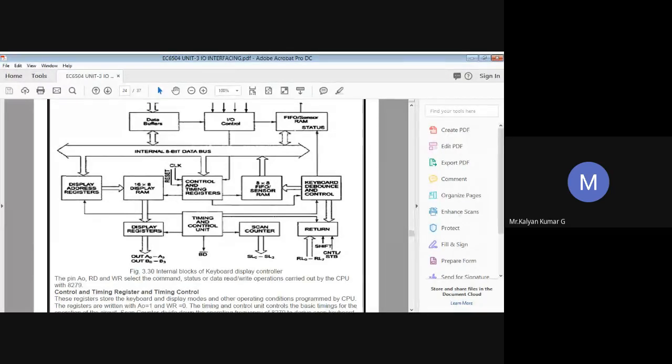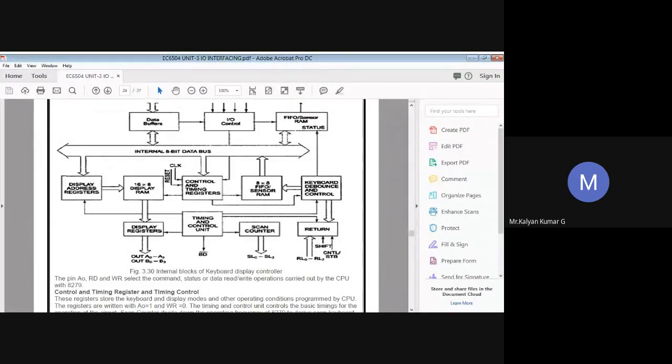So if I set the status of these signals like this, obviously the processor will perform a data transfer from the CPU to the 8279. So this write operation takes place. Now, when A0 remains 0, read is going to be 0 and write bar is going to be 1. Probably the reverse: read 0, write 1. So data is sent to the CPU from the 8279. This operation takes place.